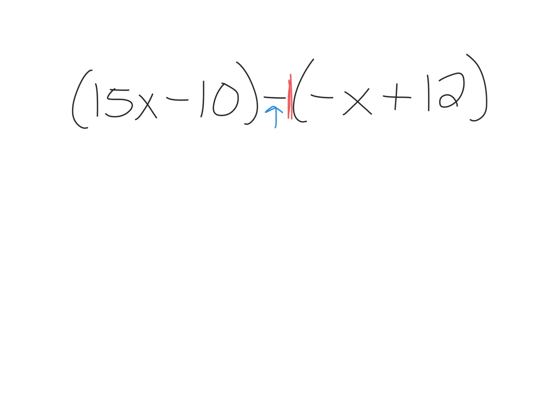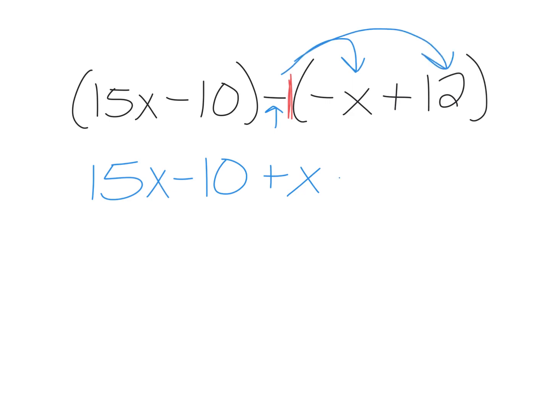Right, first set, there's nothing in front we have to worry about or anything, so we can just rewrite that first set. 15x minus 10, those parentheses are gone. How do I get rid of the second set of parentheses? Right, I got to distribute this negative 1 to the inside. So we have negative 1 times negative x. Positive x, and then we have negative 1 times 12. Negative 12. Okay, you got to distribute that negative sign into both terms